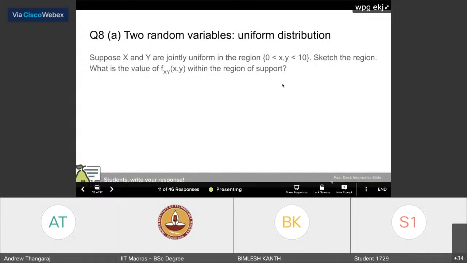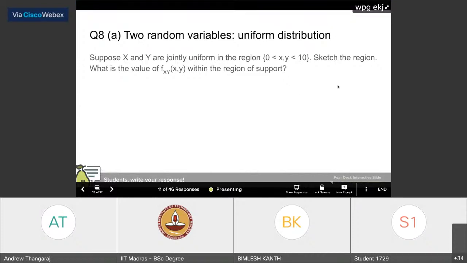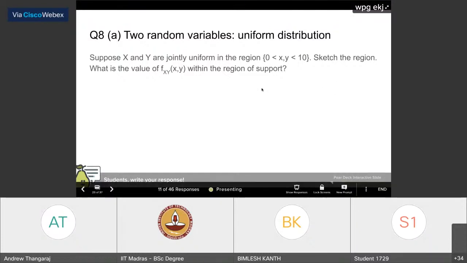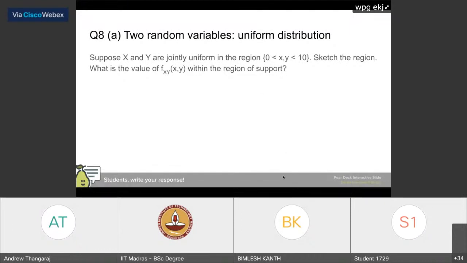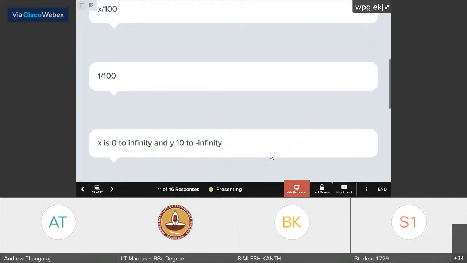Okay, so there were some questions going on which I was trying to answer at that time. I've got what it is now. Okay, so those questions disappeared. That was -3, 1, etc. Anyway, so let's come back to this. Many people have got the right answer. They've got 1/100 as the correct answer. I think some people have got 1 and various other answers.